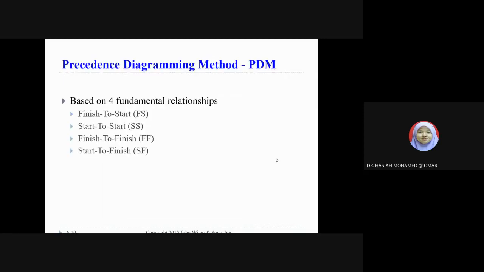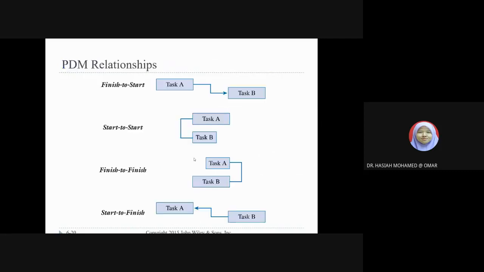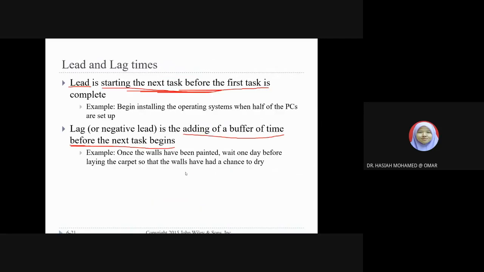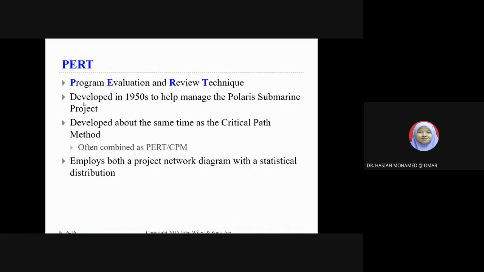Okay, then we have the precedence diagramming method. It's either finish to start, start to start, finish to finish, or start to finish. Okay, ni dia punya relationship example. Okay, so from this, lead and lag time. Lead is starting the next task before the first task is complete. Lead macam tadi, contoh tadi,